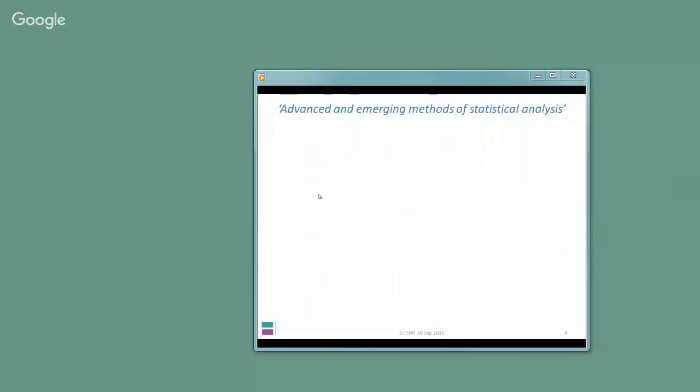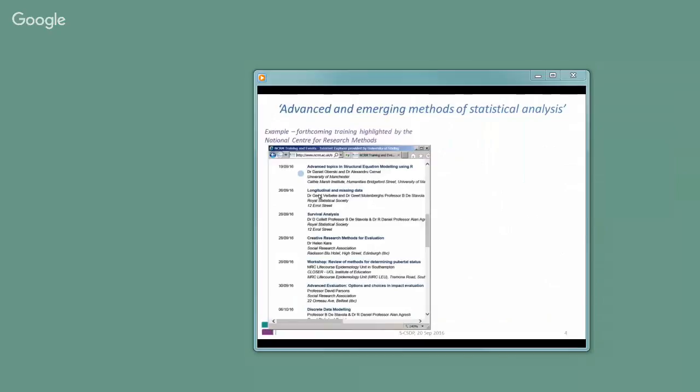Certainly in this webinar series, we're trying to encourage people involved in the third sector in Scotland in particular, undertaking research, to consider using statistical methods and appropriate statistical methods, which might mean quite complicated statistical methods. What are the options when we don't have a lot of training to begin with? Well, there are plenty of resources out there that are available to prospective researchers to take them forwards in finding out about particular examples of advanced